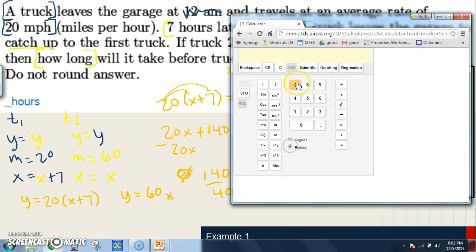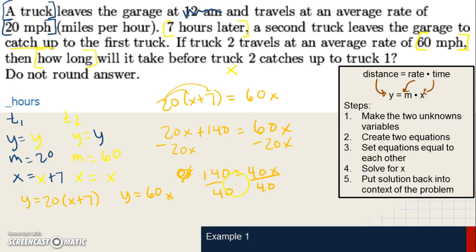Does it have to do with this thing? 140. Oh my gosh. Divided by 40 equals 3.5. So if that thing is on degrees, make sure that it's on radians. So we know that it is 3.5